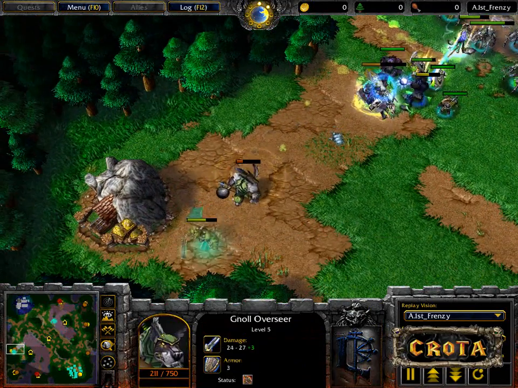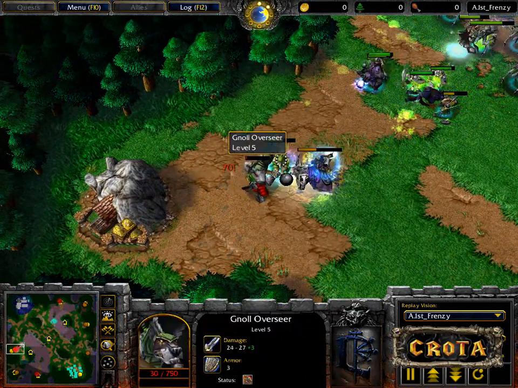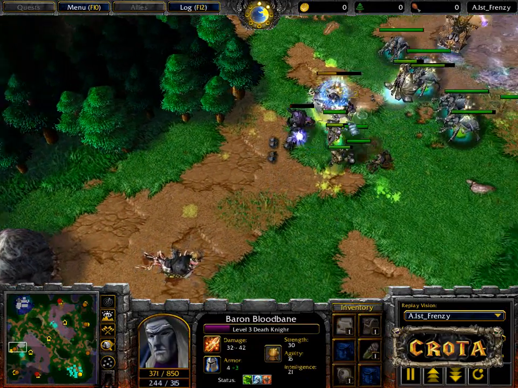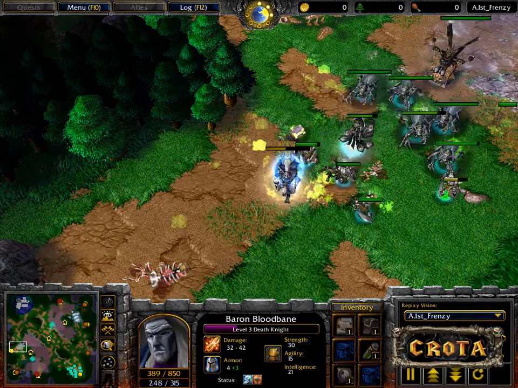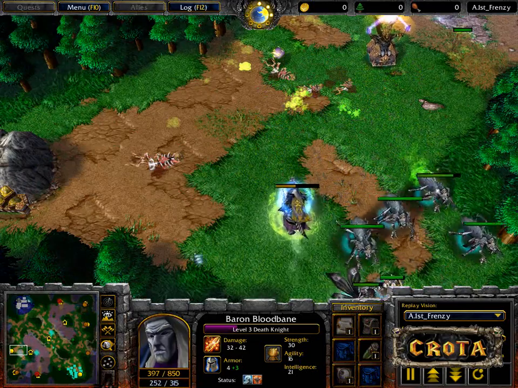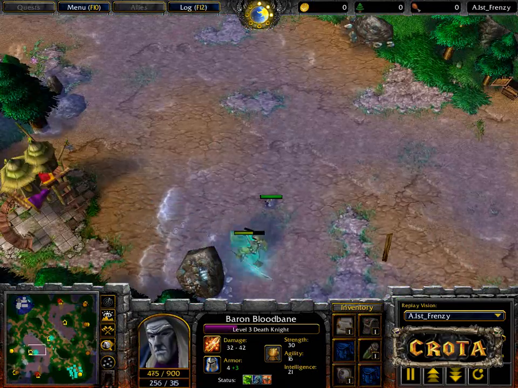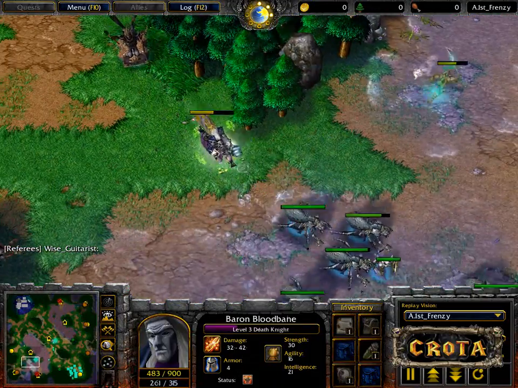The Blade Master, Gnoll Overseer down to 210 hit points. Is it going to get focused down by the Blade Master? Yes, it will. And oh, there's the Death Coil. I believe the Blade Master didn't get the experience. Yes, the Death Knight got it. And Lucifer doing a great job minimizing the harassment potential, saving the Death Coil to take down that very low hit point unit there. That Gnoll Overseer level 5, very important, as the Blade Master now once again wanders back